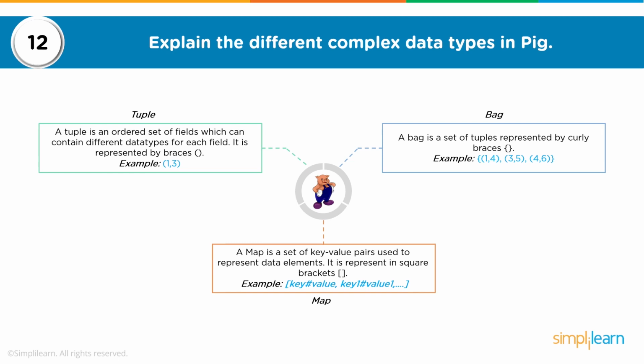A bag is a set of tuples, represented by curly braces. You could imagine it like a dictionary which has various collection elements. What is a map? A map is a set of key-value pairs used to represent data. When you work in the big data field, you need to know about the different data types supported by Pig, by Hive, and by other components of Hadoop. So tuple, bag, map, array buffer. You can think about lists, about dictionaries, about maps, which are key-value pairs. So these are your different complex data types, other than the primitive data types such as integer, character, string, boolean,